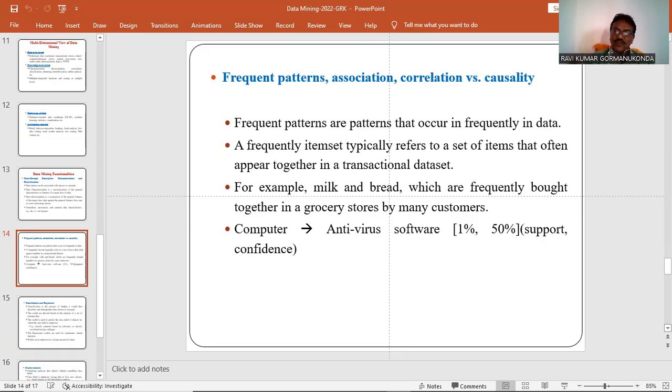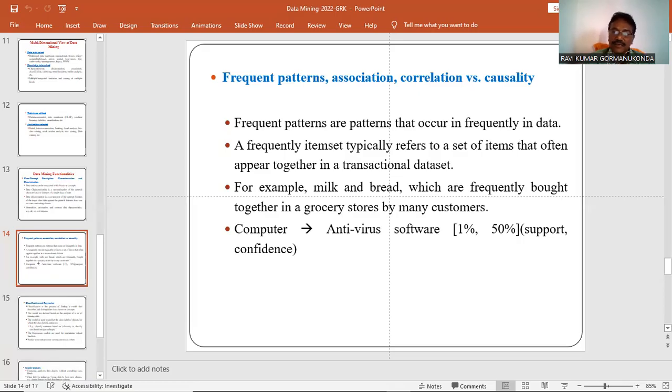Why not put more stock, because we have analyzed your data: most customers visiting your grocery store who purchase milk automatically purchase bread also, 50% of people. So why not keep more stock of bread and milk? We give the decision to the shop owner.